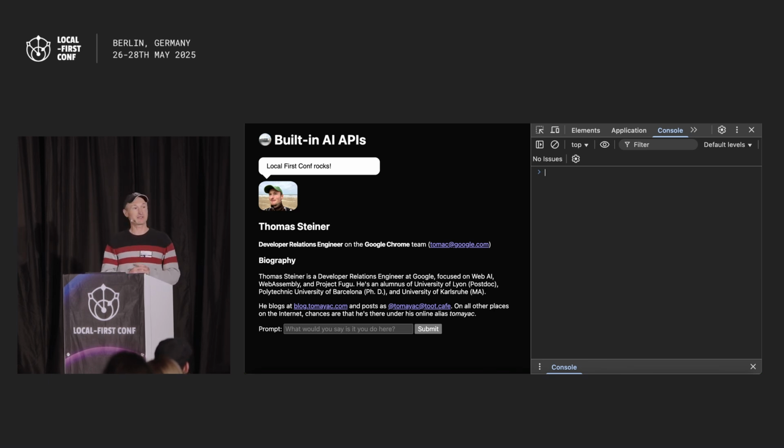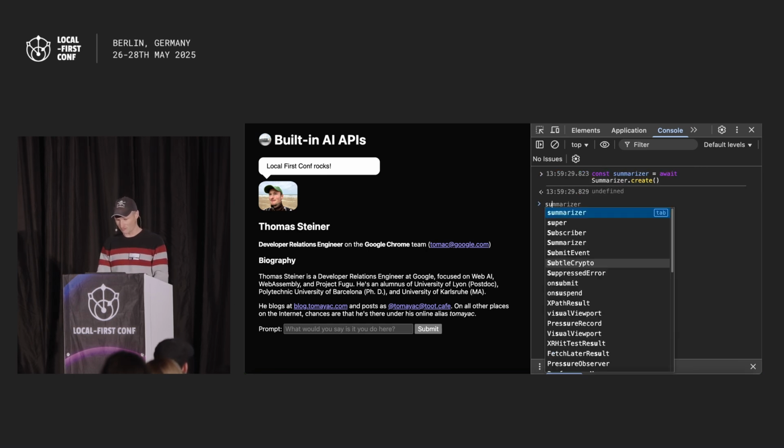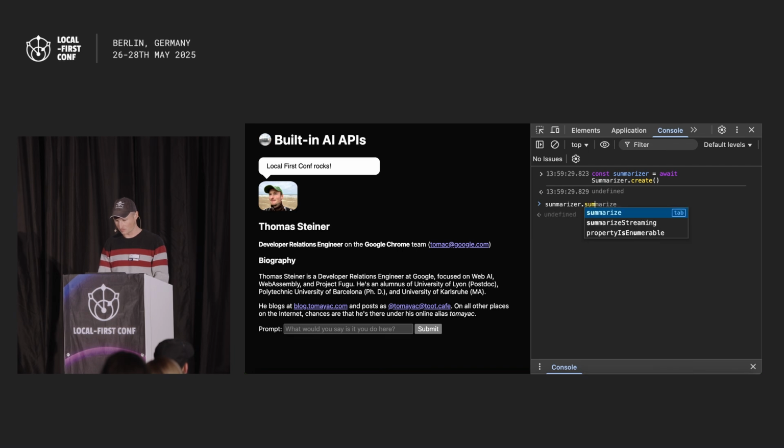And the next API that I want to show you is the Summarizer API. So this bio is pretty long. So if we want to get the key points of this bio, my attention span is that of Generation TikTok. I want to condense this down to just the key points. So in Chrome now we have a Summarizer equals await Summarizer.create. So you can see the pattern already. Now we have the summarizer, and of course the summarizer can summarize. And we give it